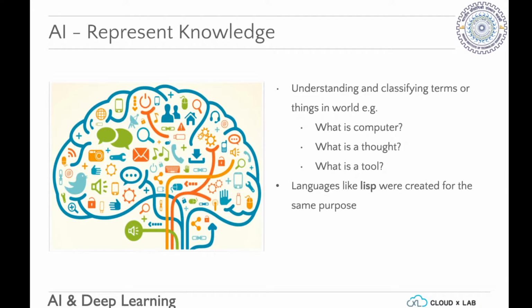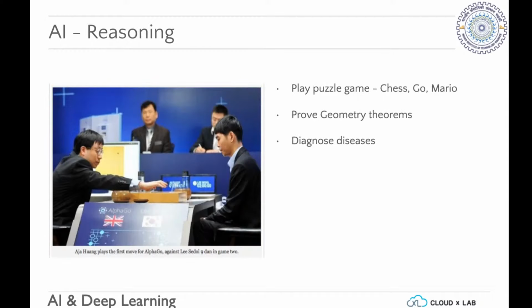A decade or so earlier, I remember there were tools like Lisp that were created. When I was at IIT Bombay, I remember people saying that Lisp is the tool that AI will use, and that AI will be created with Lisp. Somebody told me, if AI is ever created, it will be created with Lisp. Well, that's not really been the case, but yes.